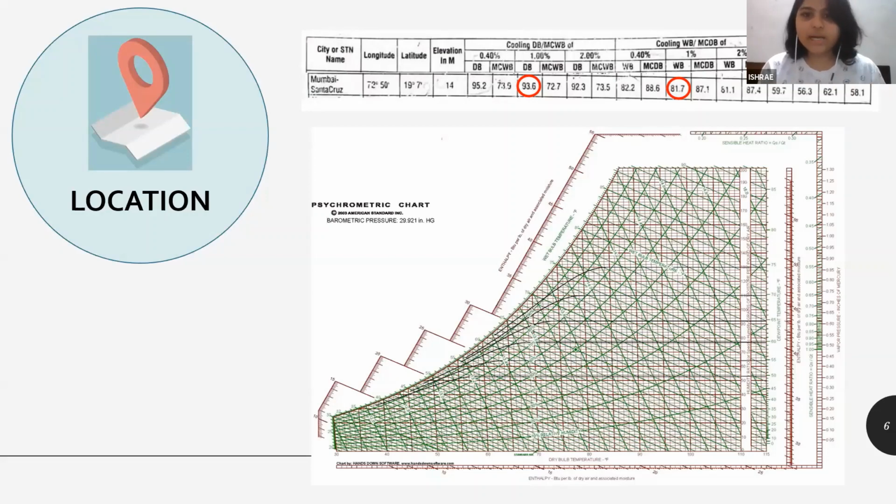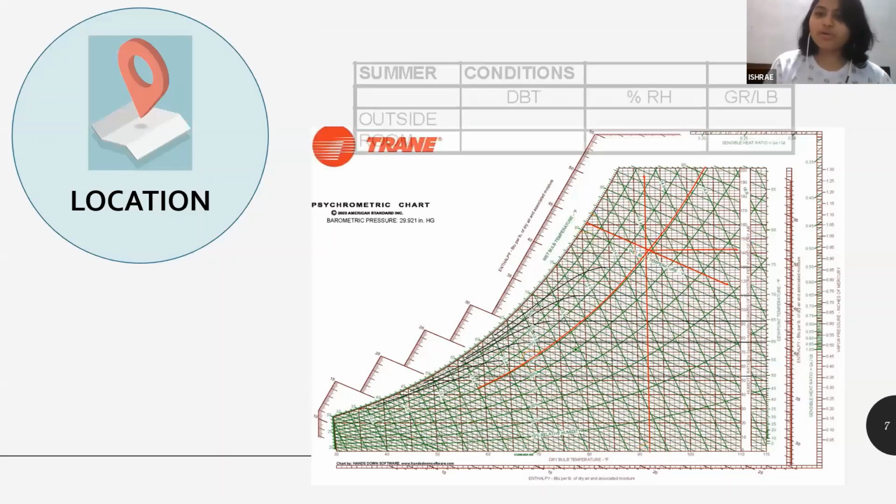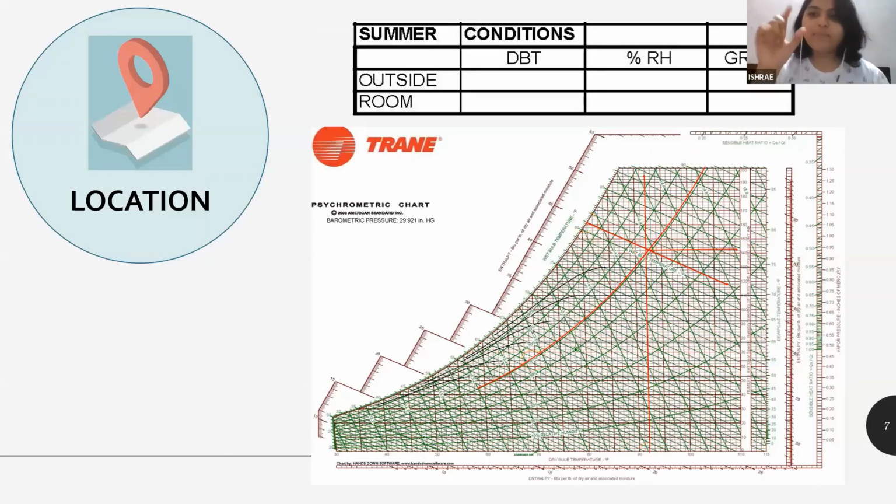So first we have a dry bulb temperature of 93.6. I mark it on the dry bulb temperature line in the psychrometric sheet. Then I have the wet bulb temperature, point 81.7. I mark it on the wet bulb temperature line on the psychrometric sheet. Now where both of these lines intersect, there I'm going to get my relative humidity line of 60%. It will not be clearly visible, I'm sorry for that, I have only limited space to work with. So the line is 60% relative humidity. Now exactly where this intersection happens, if you draw a horizontal line like this, you will get your grains per pound.